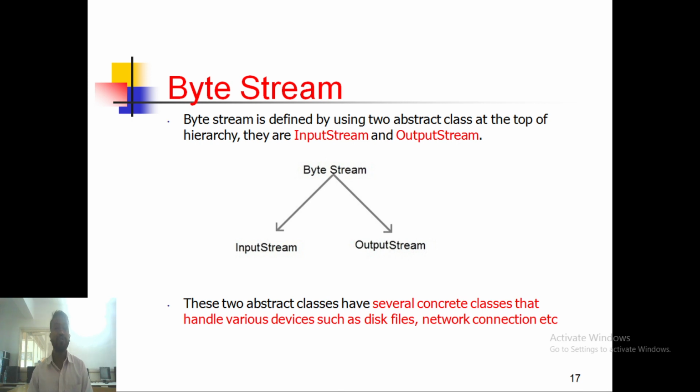Let us see the first stream, the byte stream. Byte stream performs input output operations through bytes.